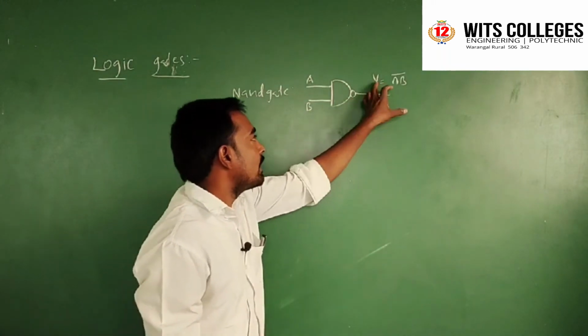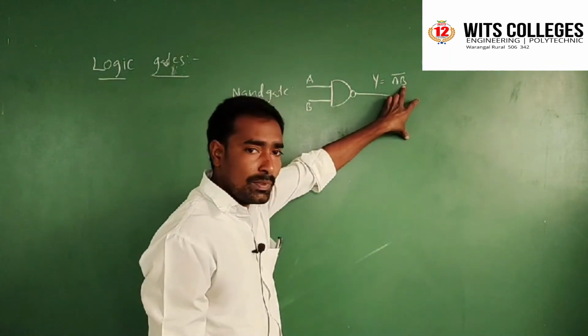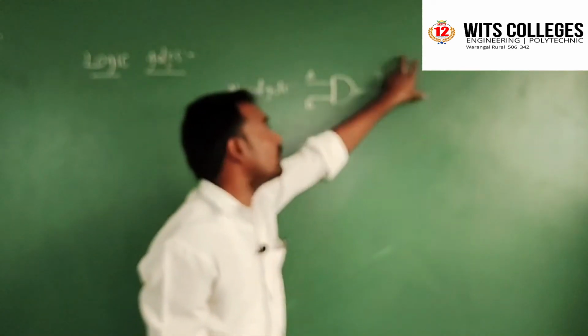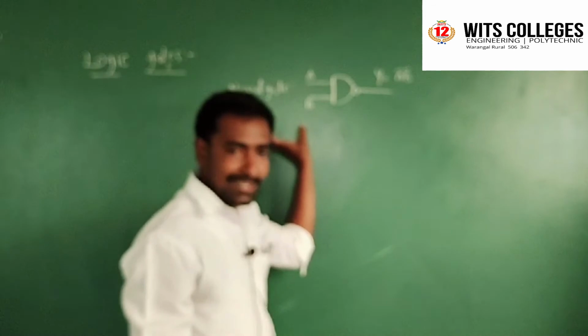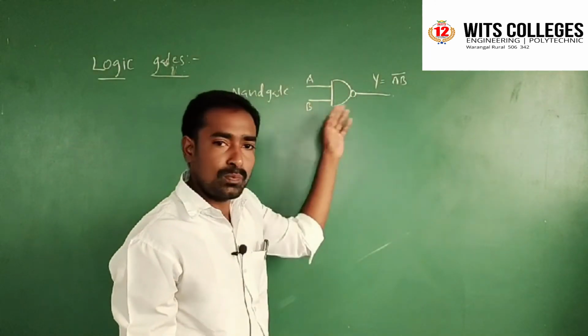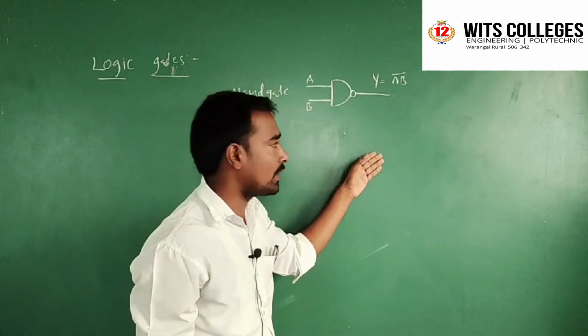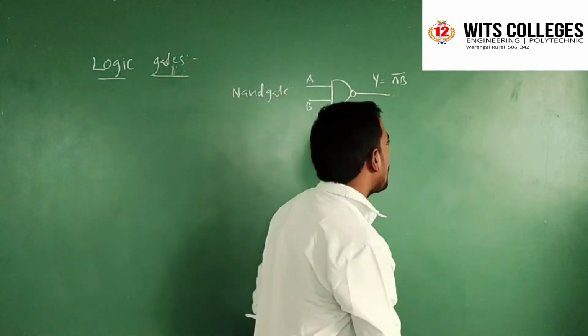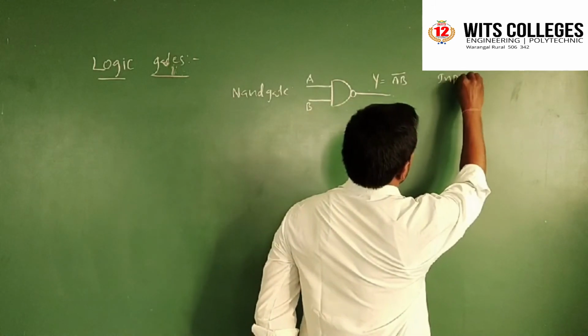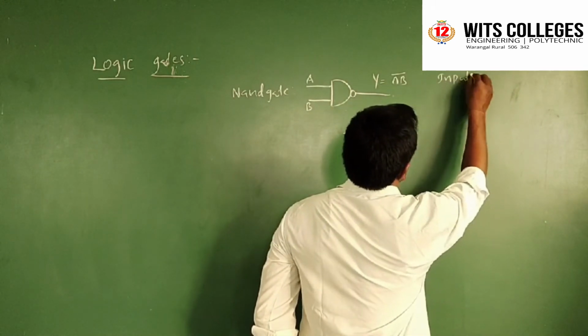So for the AND gate, Y is equal to A into B, but here Y is equal to (A into B) whole bar, which is AND followed by NOT. That means one NOT gate is connected across the output of the AND gate. Coming to the truth table of the NAND gate, here I am giving both inputs,